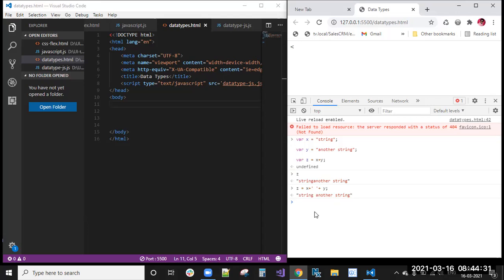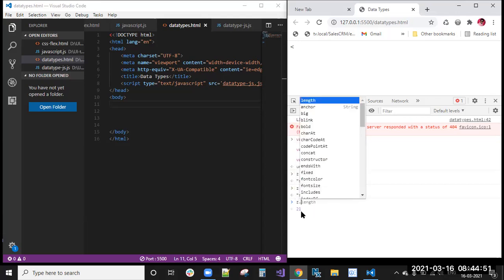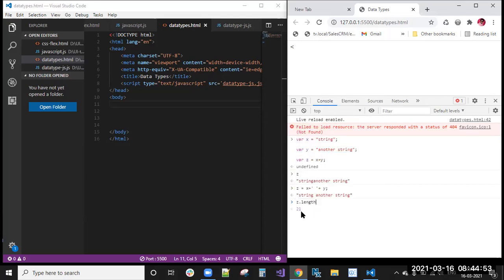Next, I want to know the number of characters in that string. How many characters are in that string? Characters means letters. S T R I N G, another string. How much is that character length? Now how do we do it? z dot length.